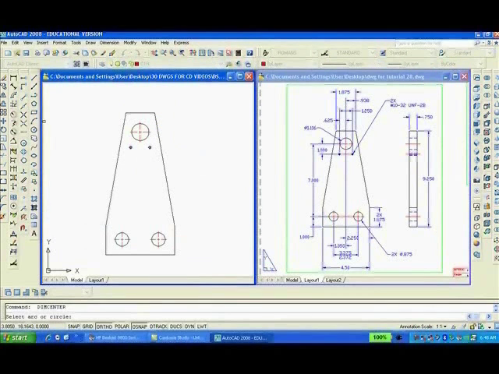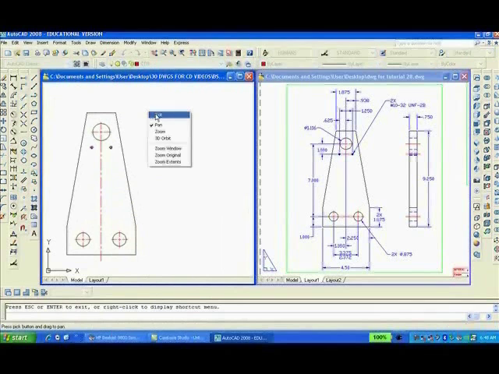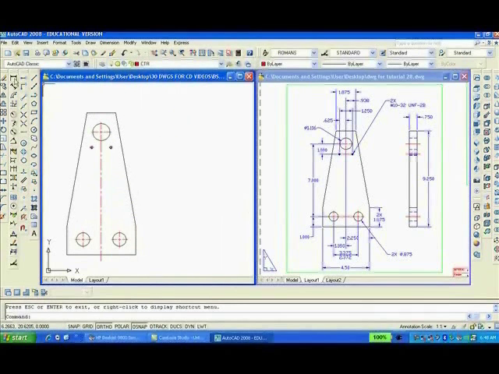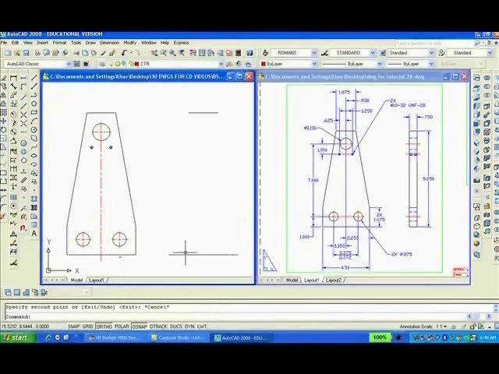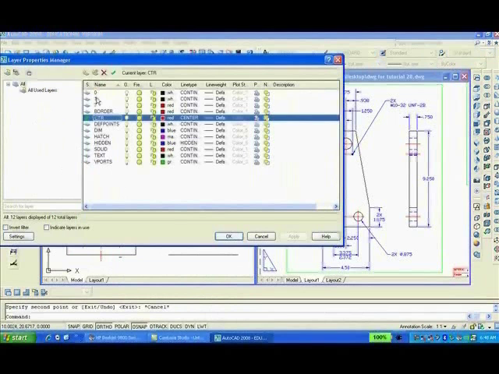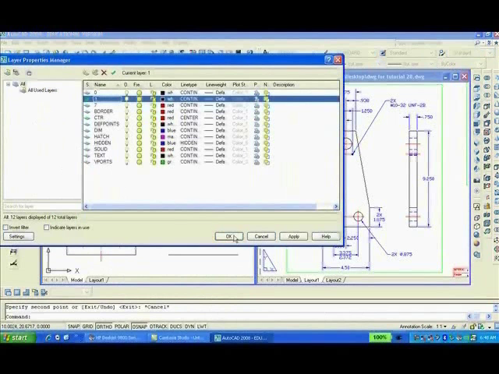And we'll draw another center line. I suppose maybe have it come down to about here. I'm going to pan over a bit so that we can draw the side view of it. We're going to need to copy the top line and the bottom line, drag it over like that, hit enter or escape. We want to be sure that we're on layer 1 to be current, and we'll draw